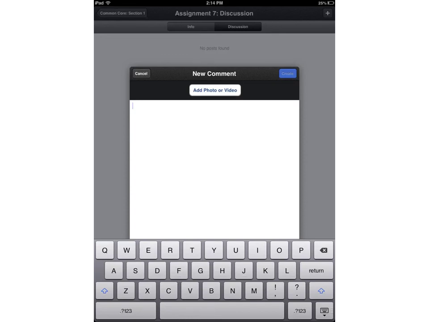Once you tap the discussion bar in Schoology, you'll get this screen, and in order to add to the discussion, you'll need to click this plus up here, which will bring up this dialogue and comment box. You can add to the discussion by typing directly into this comment box and adding your thoughts, and then click Create. We hope that this tutorial has made your experience on iPad very pleasant and that you have a really good time exploring some of these tasks